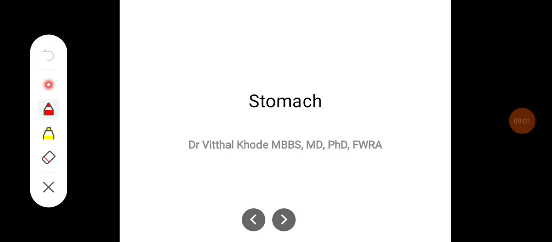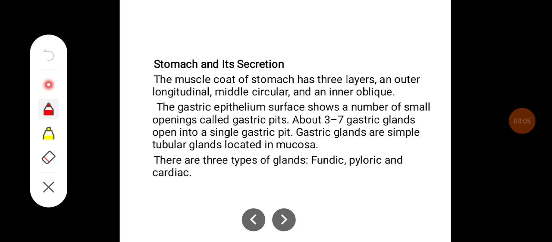Hello everyone. In this class, we'll learn about stomach. Stomach and its secretions. The muscle coat of stomach has three layers: an outer longitudinal, middle circular